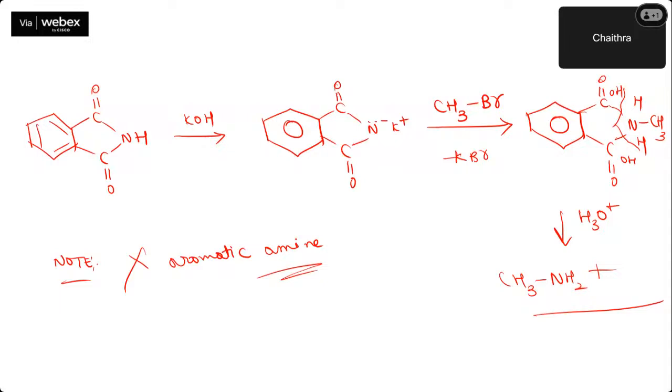Second method I gave, reduction of nitro compounds. You take a reducing agent, which works best as Fe/HCl, because FeCl2 formed gets hydrolyzed to release more and more HCl, so that even if you initiate the reaction with a small amount of acid, the reaction is going to happen. So you get primary amine there. Then reduction of nitriles, it's the Mendius reaction, and reduction of amide, then Hoffmann bromamide degradation, and the final reaction is Gabriel phthalimide reaction. All these are for preparation of primary amines.